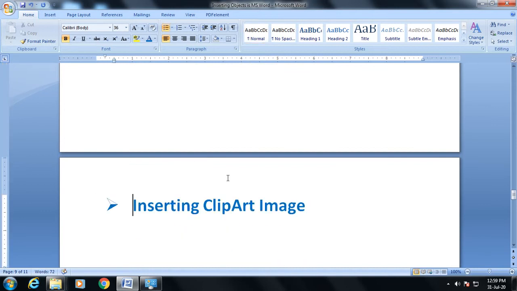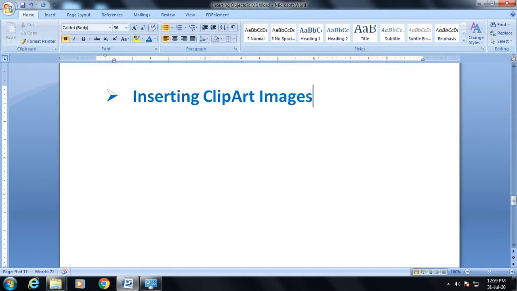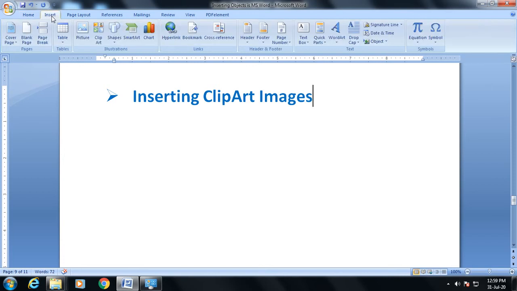Now we'll see how we can insert clip art images. To insert a clip art image, you need to click on the Insert tab again. First step is click on the Insert tab.